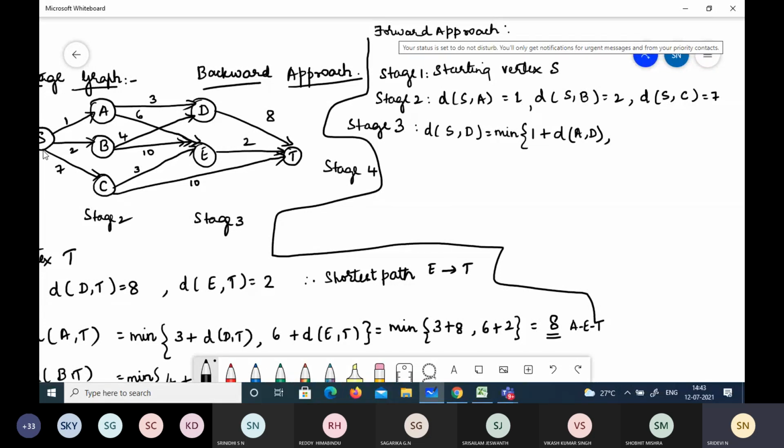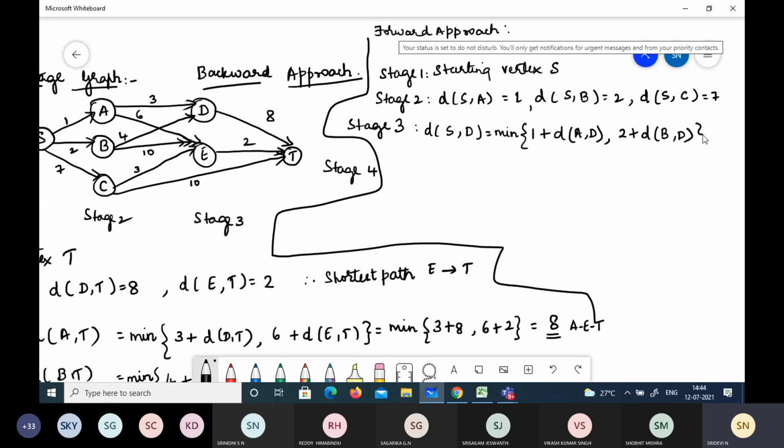We can reach D through this path also, through B and B to D. So I'll write 2 plus distance from B to D. Those are the two paths to reach D, isn't it? So we have noted that.